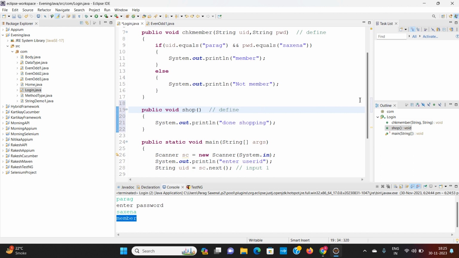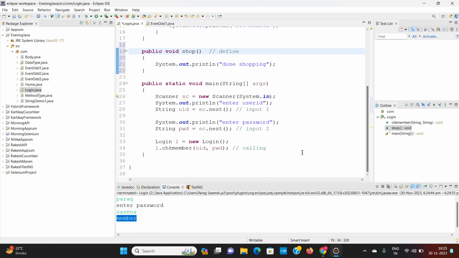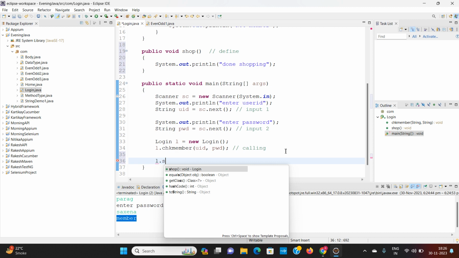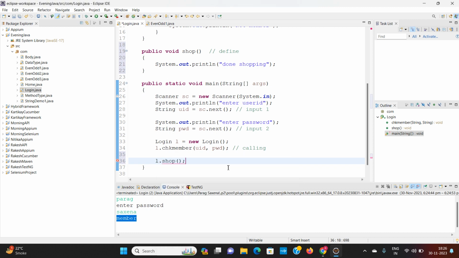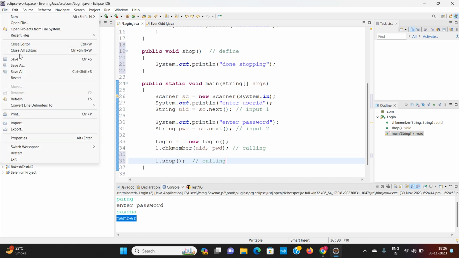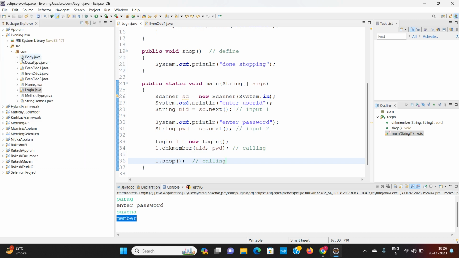So I need to call it. So again if I write L dot shop, so it means again I am calling the second method. A class can have multiple methods, and method divide the program into different sections. Each section perform the different activity. Now if I run this program again